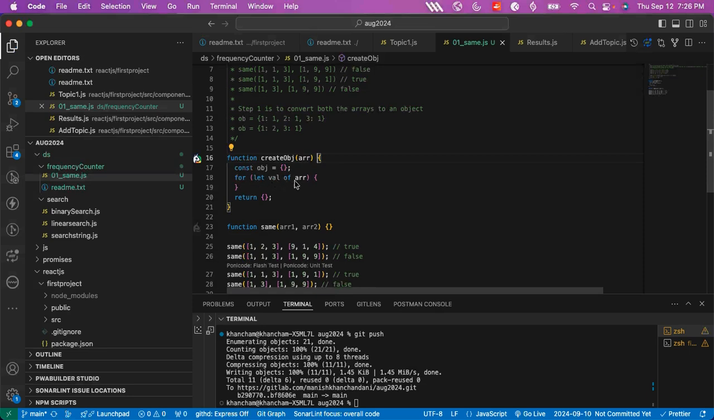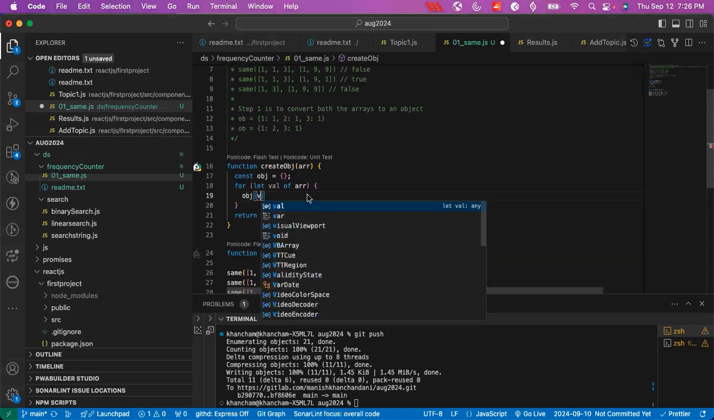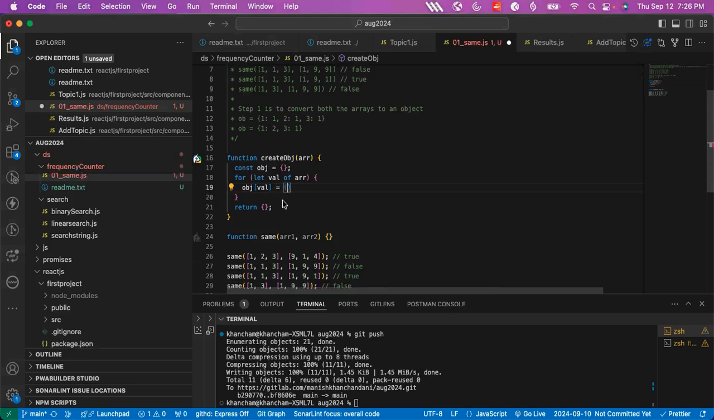So whenever I want to loop for let val of array, this value will be nothing but 1, 2, 3. Now here I will say object of value. So this value, object of 1, I can say object of value is equal to, here I